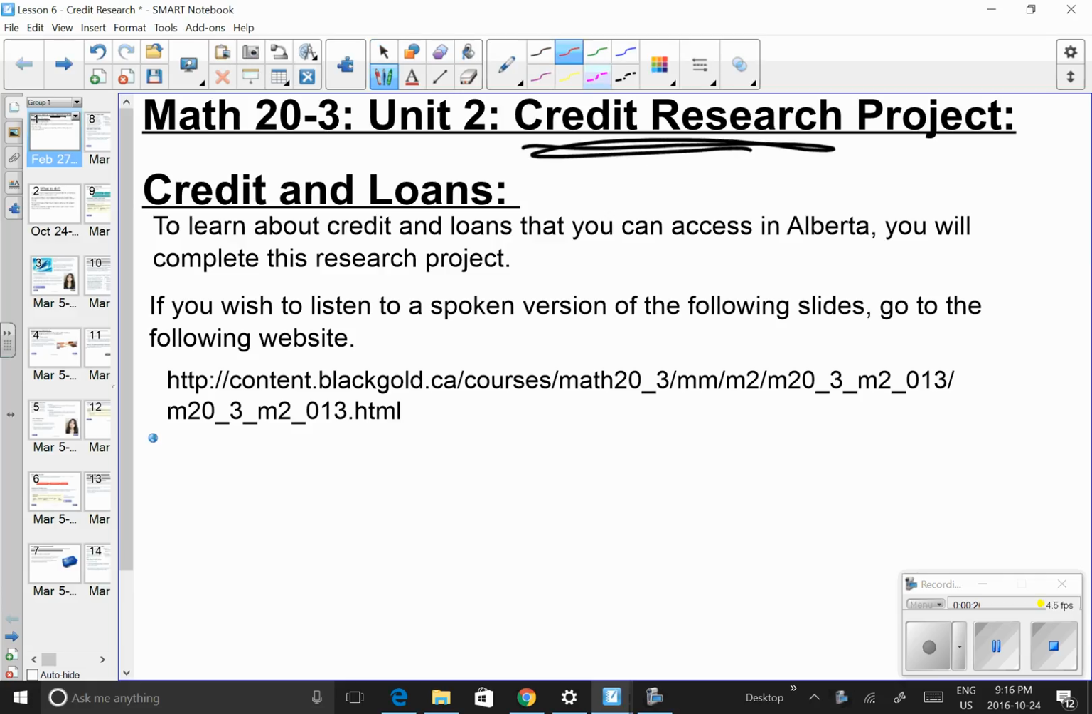basically borrowing money. Now, to learn more about credits and loans that you can access in Alberta, you'll complete the following research project. All of these slides are taken from a different website, and if you would like to hear